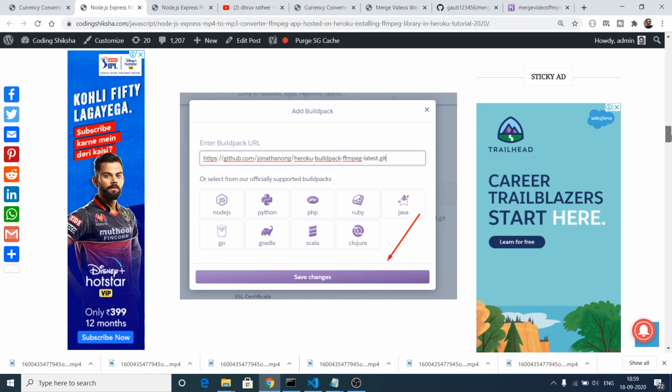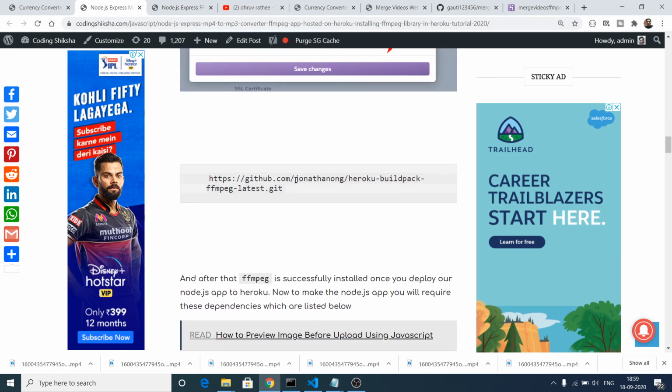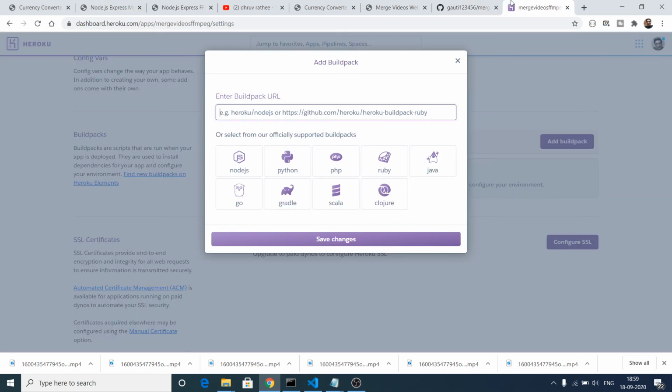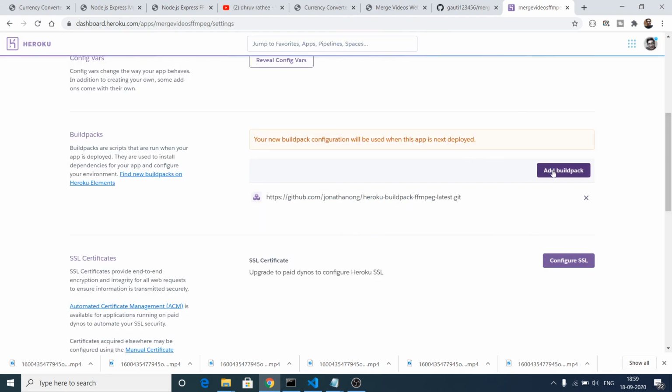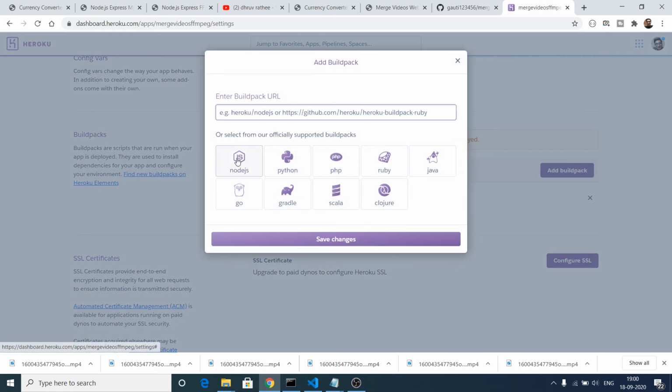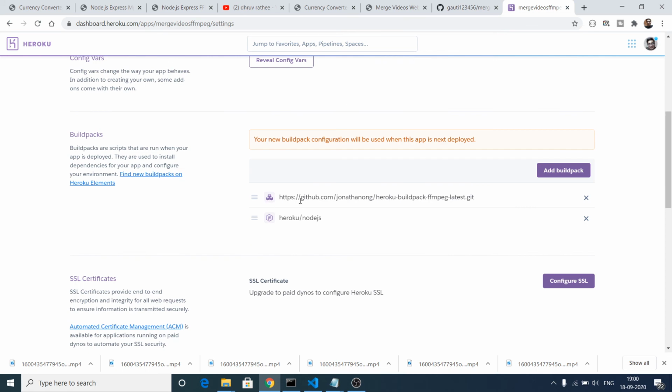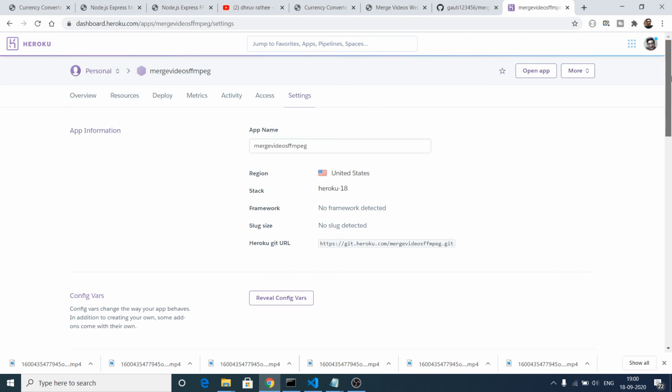So for installing it, this is the address of the repository of ffmpg. Copy this, and here you need to paste this address inside this enter buildpack URL. Click on save changes, and also you need to add this Node.js buildpack also. After adding these two, now you can deploy this.